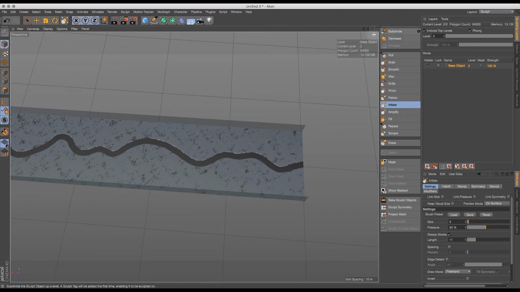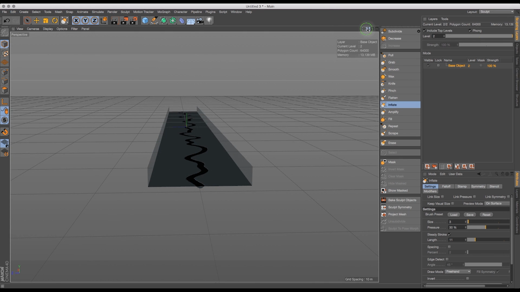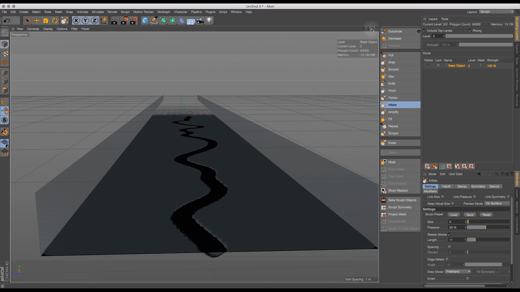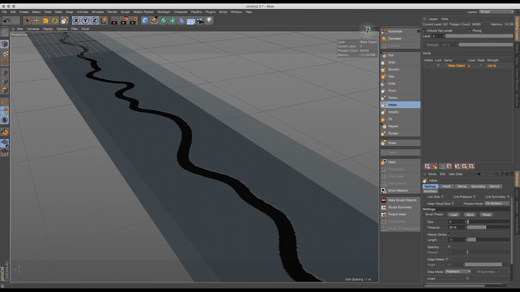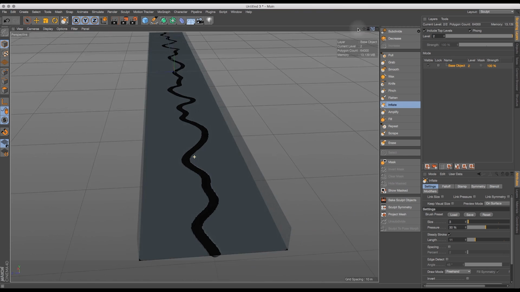Okay, so look at that from this viewpoint. Yeah, that's probably okay. I'm going to edit that and add a few areas where it's thicker anyway, so